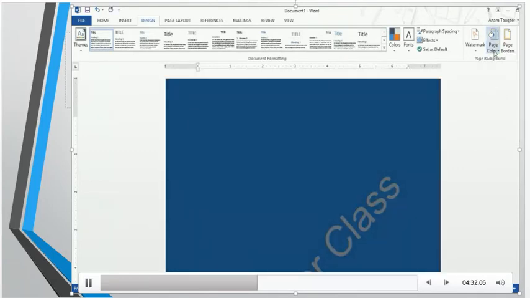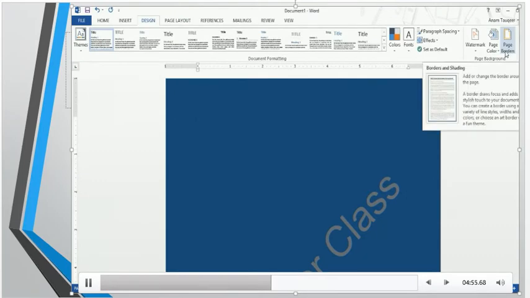You can also use the more color option to apply any custom color. After that, the last step that we were supposed to do is we are going to apply page borders to our document. For this, you have to click on the design tab. Again, in the page background group,